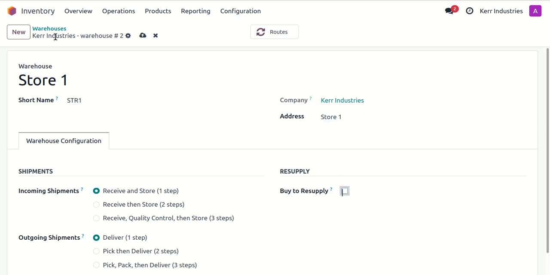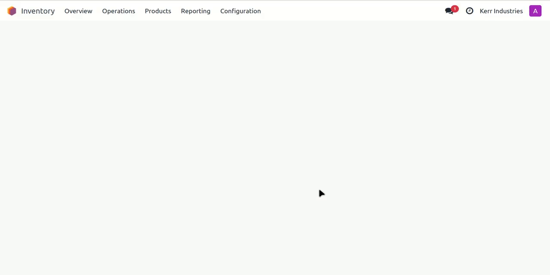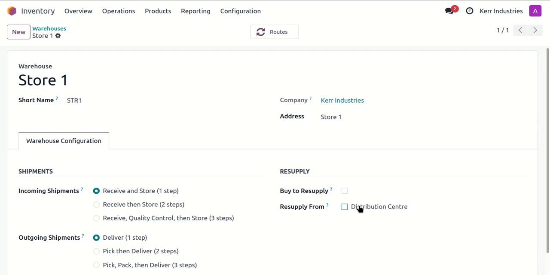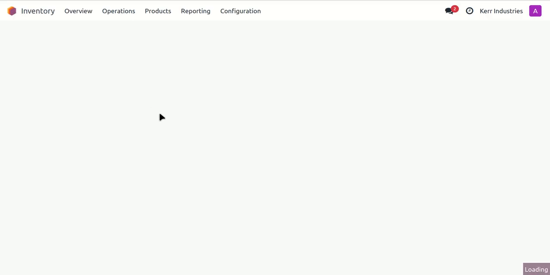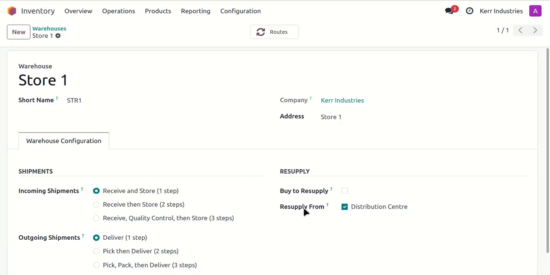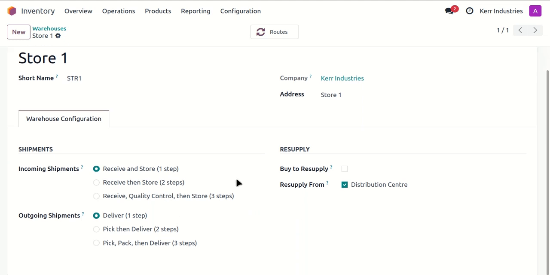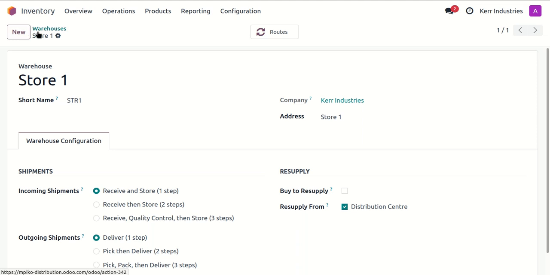What I want to do, let me just save this, and that'll allow it to pop up. We have to save it first, and then it'll read that we can resupply from our distribution center, which is what we want to do here. So we don't want product to be brought in directly into this store. We wanted it all to go via the distribution center, which was the purpose of what we're trying to achieve here. As I said, I'm going to leave all those as is, so I'll save that